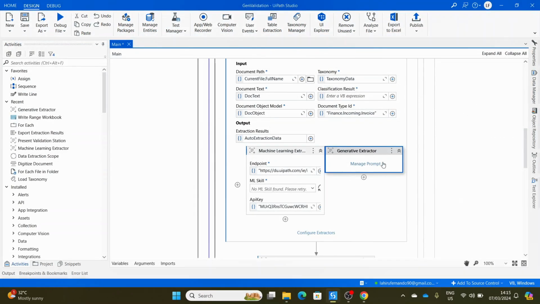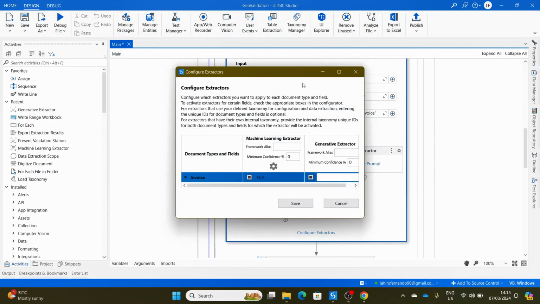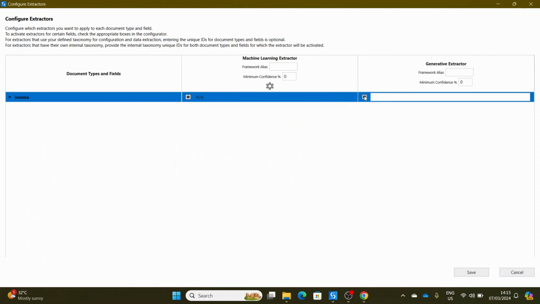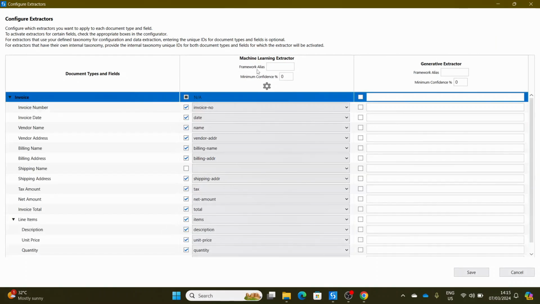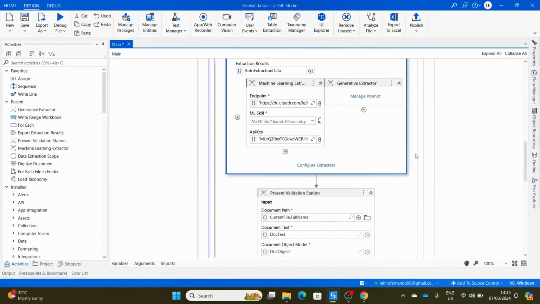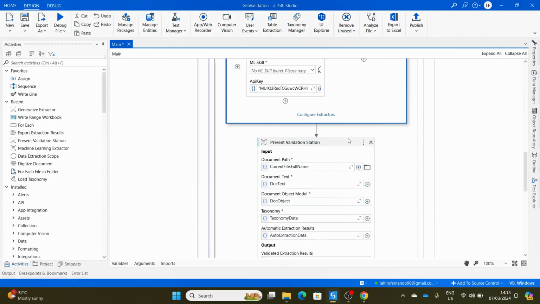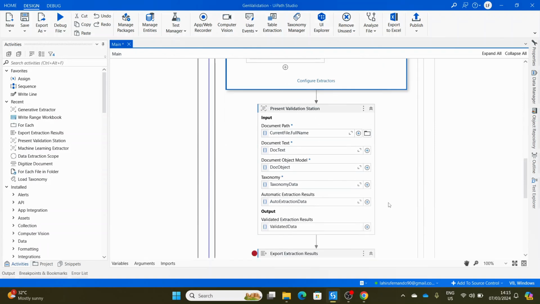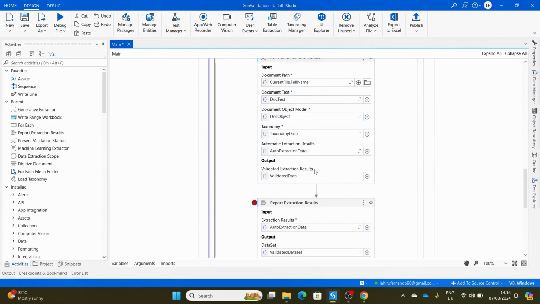So before using the generative extractor, I'll show you how the results look in the machine learning extractor so we can see the difference. Let me disable this for now so that we only use the machine learning extractor for the time being. And based on the output we get here, I have a present validation station and also some export extraction activities,